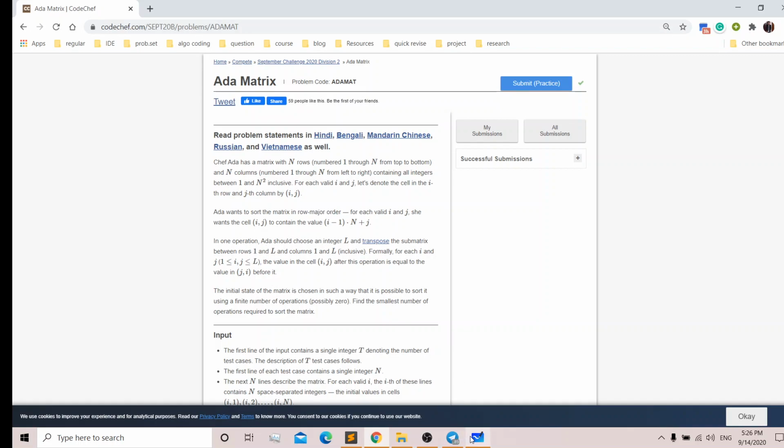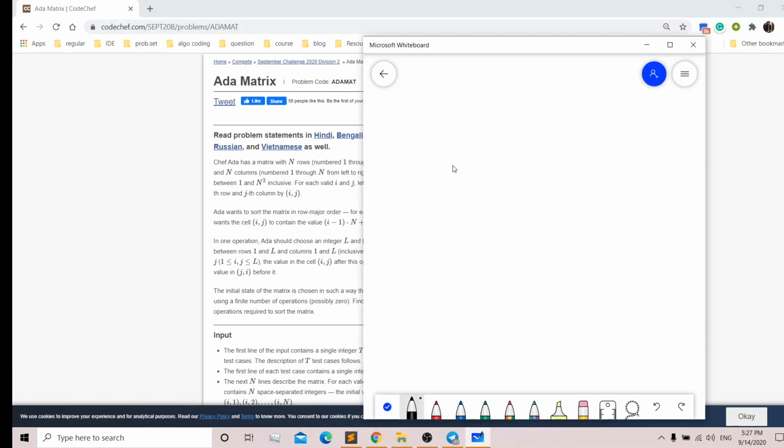Just moving to the solution, let's see what the row major order matrix is and how to transpose. Let's say we have a matrix. Basically, row major order matrix is like 1, 2, 3, 4, 5, 6, 7, 8, 9.